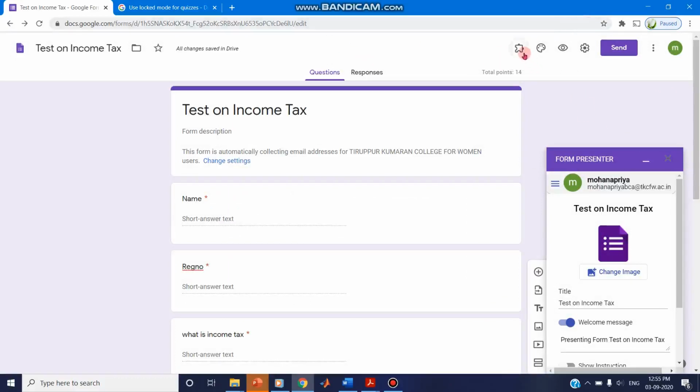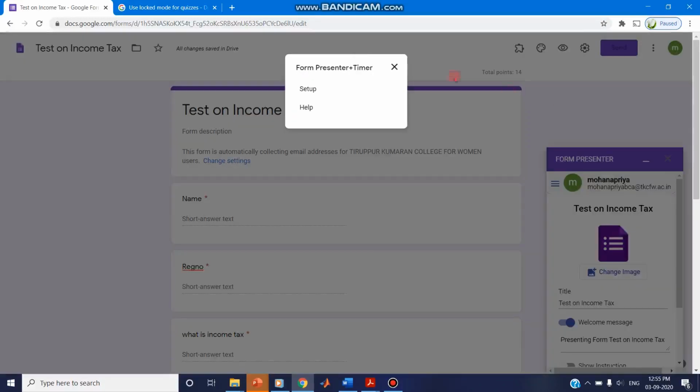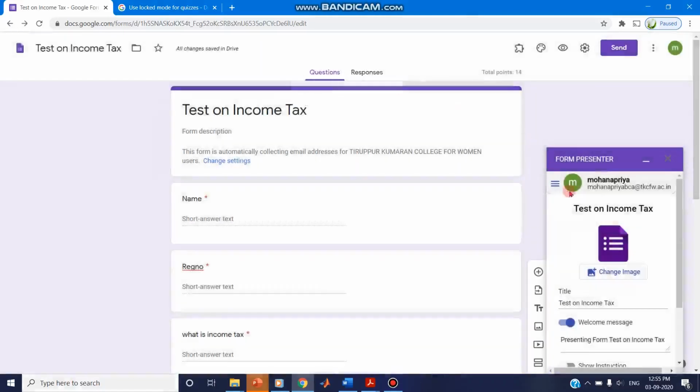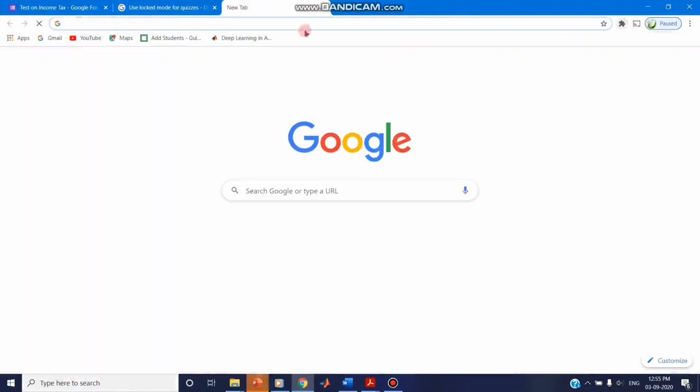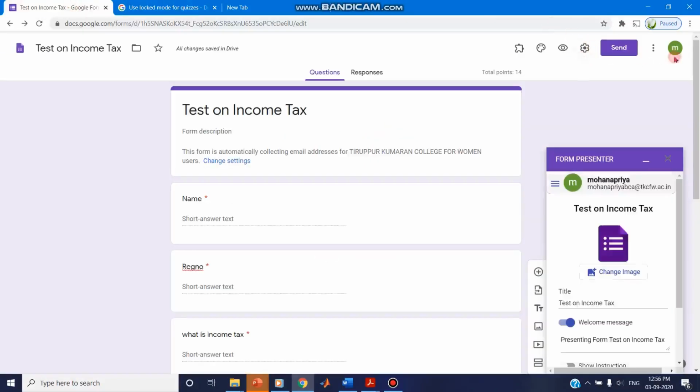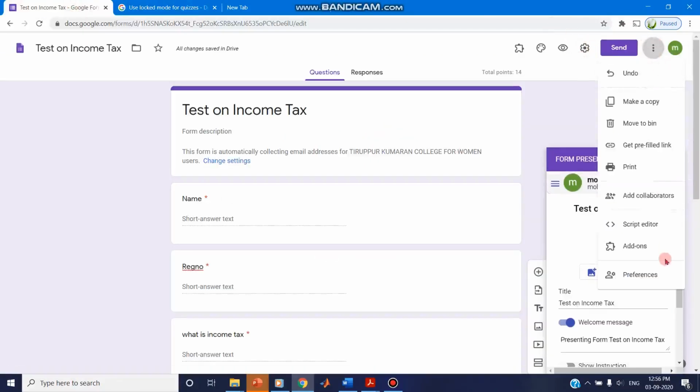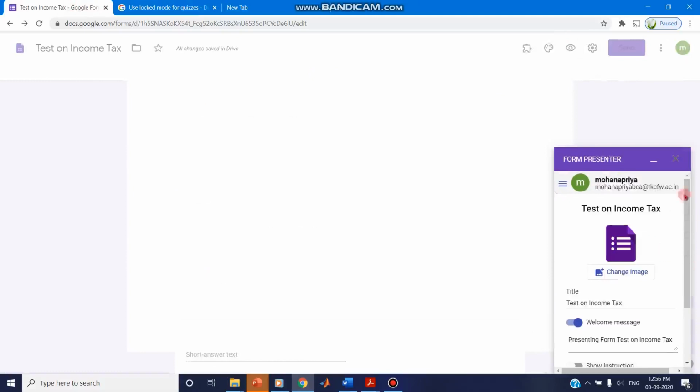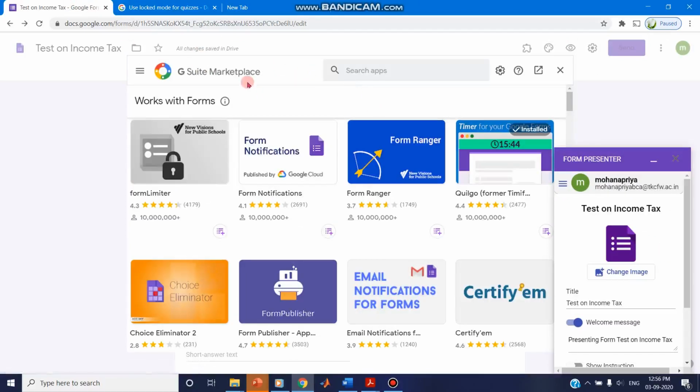And the very important setting for the timer is you have to go to the add-ons and include Form Presenter. Form Presenter I have already installed. To install, from here on the right side, you can click on add-ons and select the Form Presenter add-on.